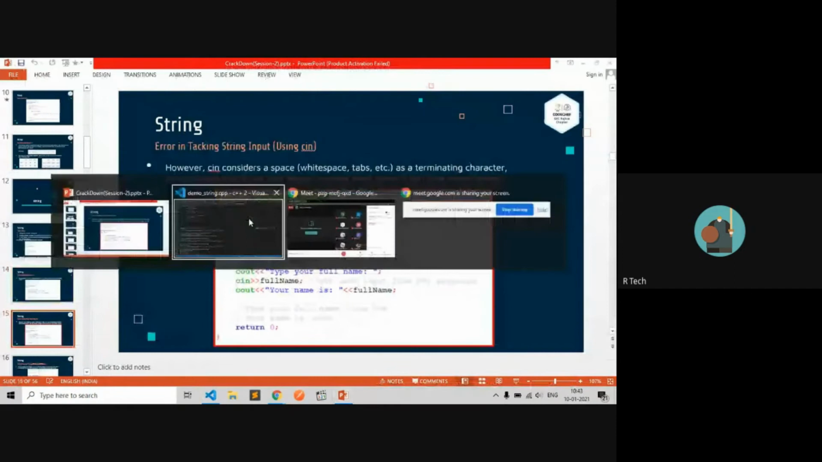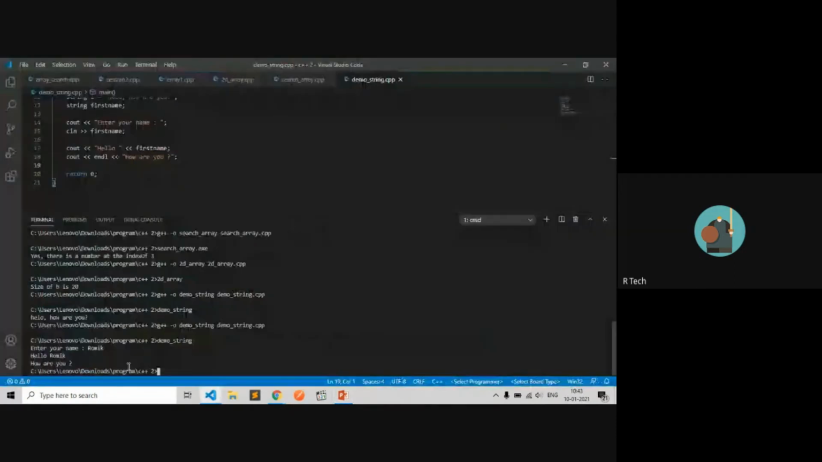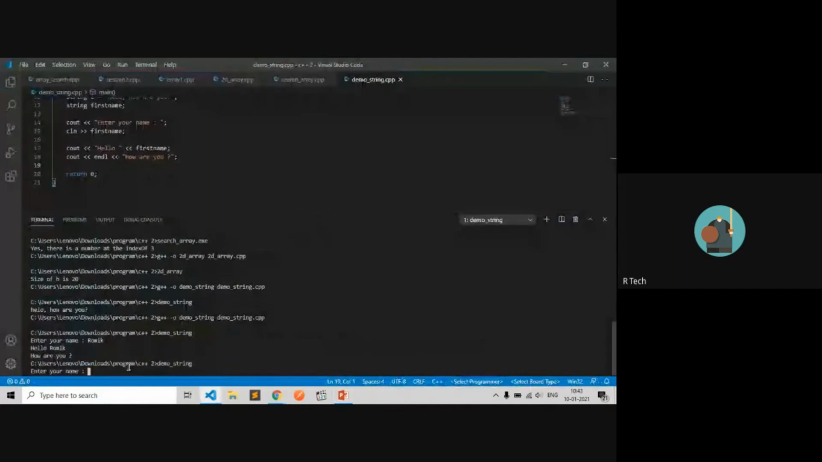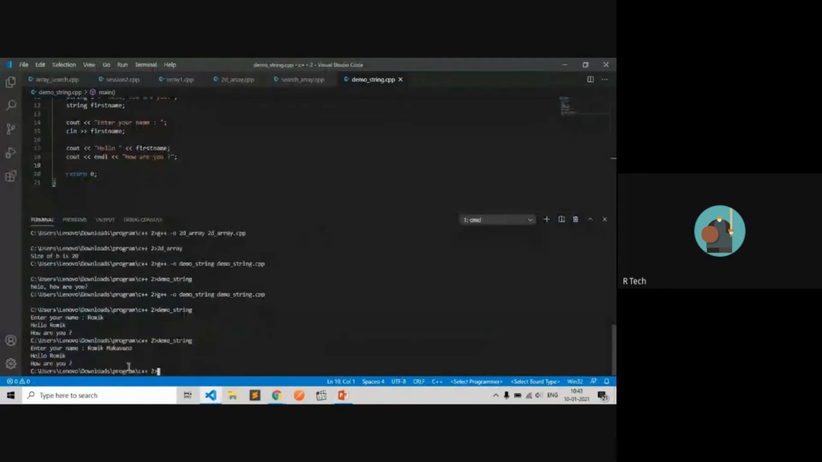What if I try to enter my full name? Romik Khan. It's taking only Romik. Why? Because we are placing a space in the string. By default, input uses a comma or space as a break, and it will consider the rest as a second argument of